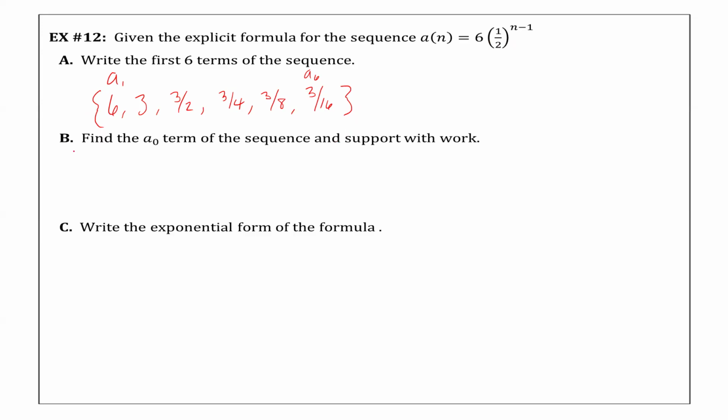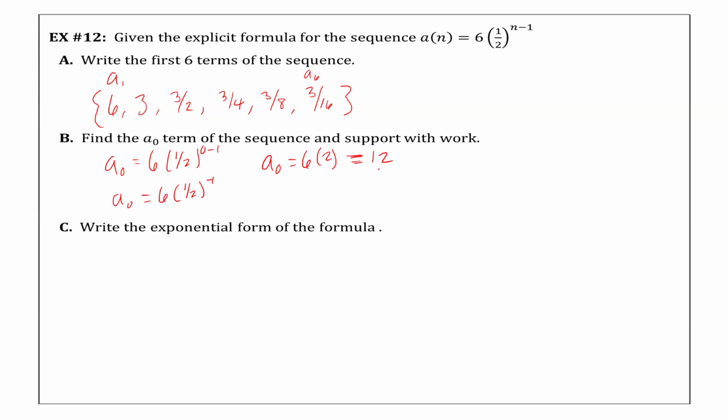All right. Now it says find the a sub 0. Well, your a sub 0 is going to be the opposite of what you're doing. When I say opposite, it's going to show up in the math. So if I just plug in 0 for n, it'll work itself out. So we have 6 times (1/2) to the 0 minus 1, which leaves us with a sub 0 equals 6 times (1/2) to the negative 1. When you have a negative power, that means it's the reciprocal, correct? The reciprocal of 1/2 is 2. So our a sub 0 equals